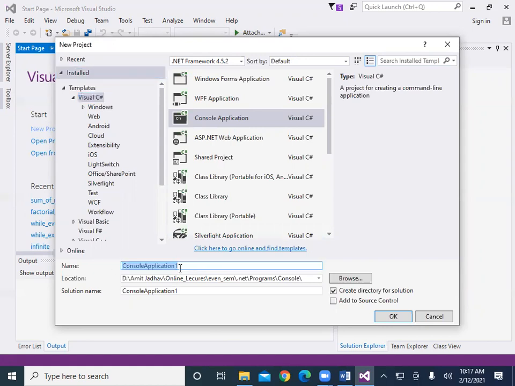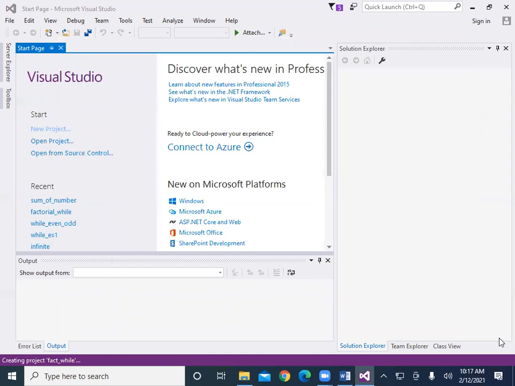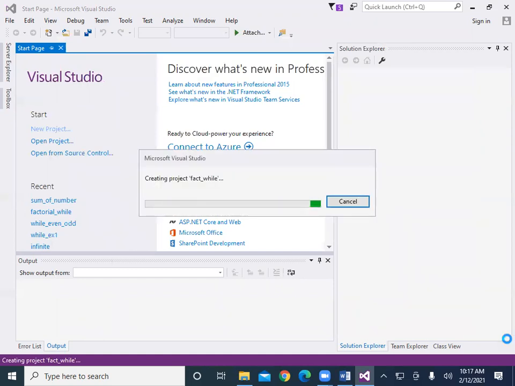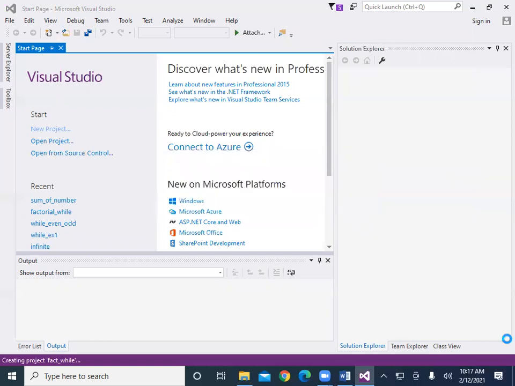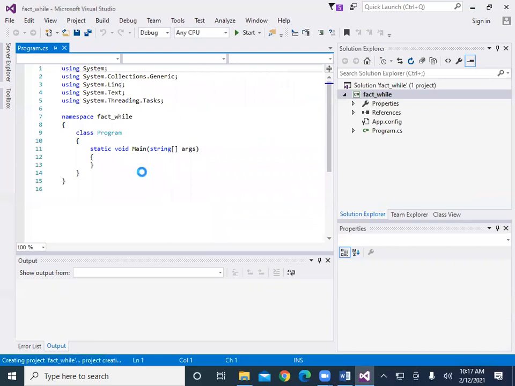Here we change the name to factorial program with while loop. So here fact underscore while. Click on OK. So here the console application gets open.